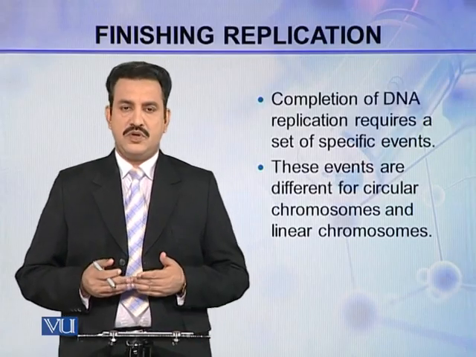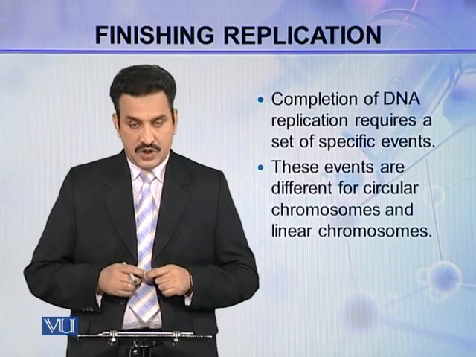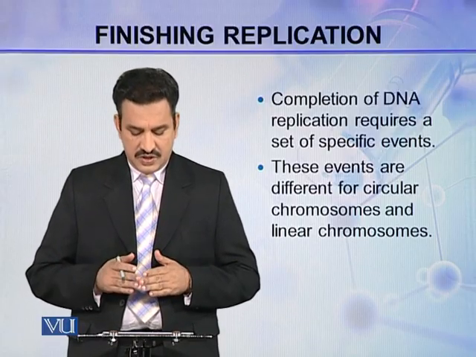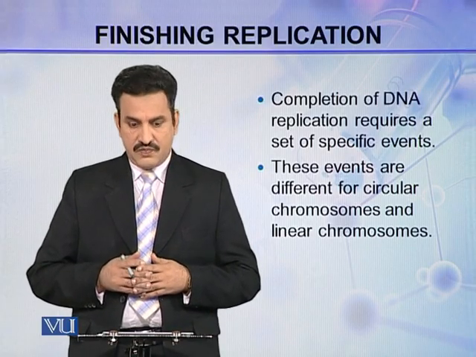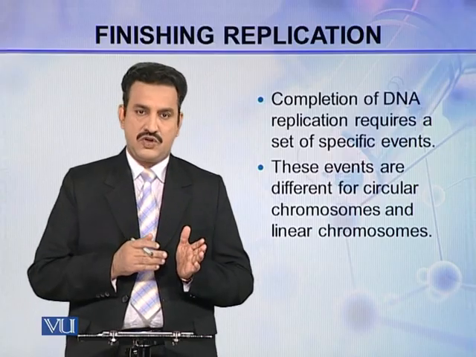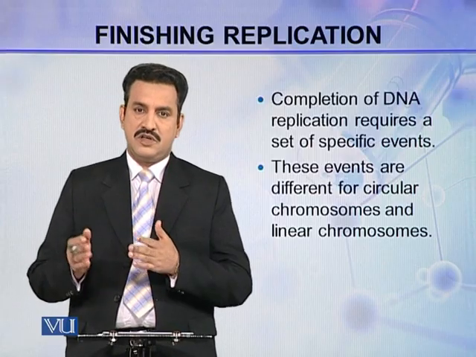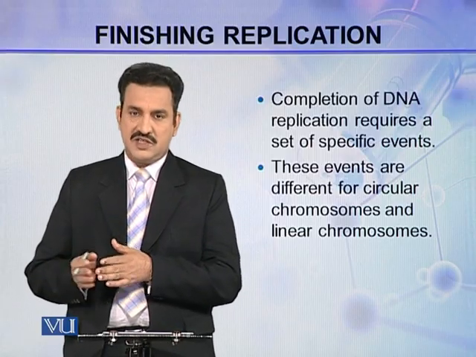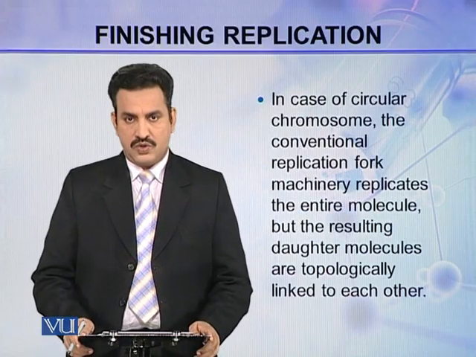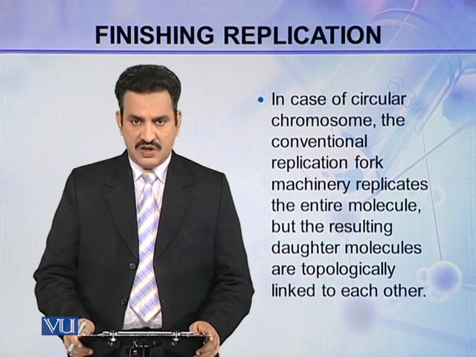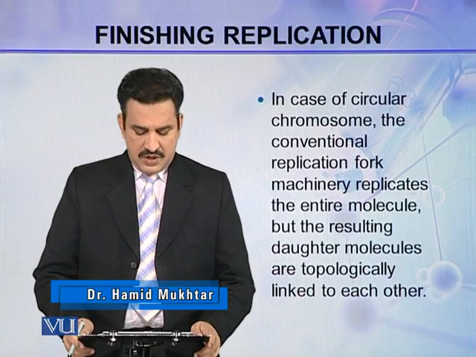Let us come to finish the replication, how the replication is finished. So completion of a DNA replication requires a set of specific events, and these events are different for circular chromosomes and linear chromosomes, or you can say these events are different in prokaryotic cells and eukaryotic cells. In case of circular chromosome, the conventional replication fork machinery replicates the entire molecule, but the resulting